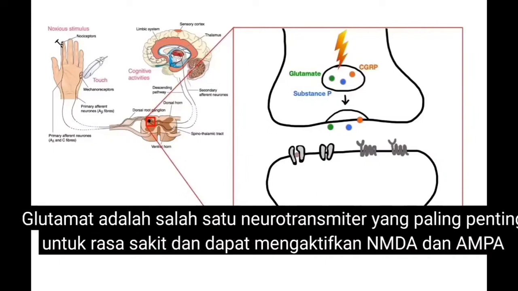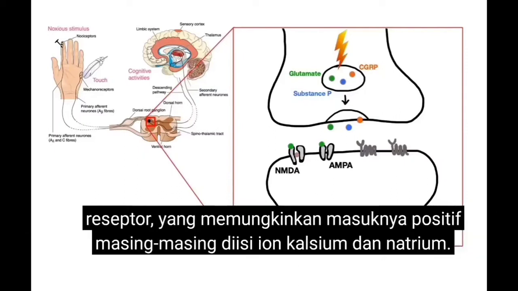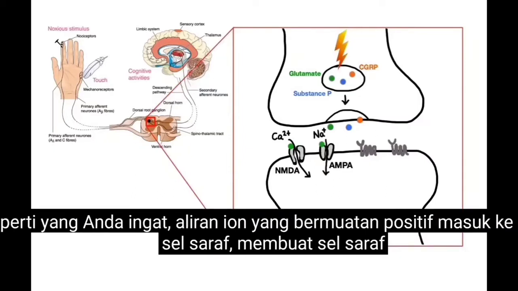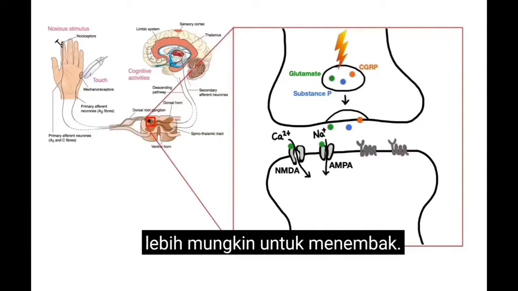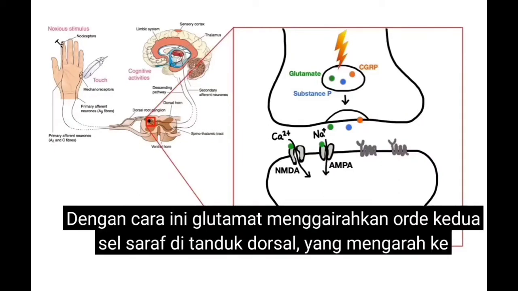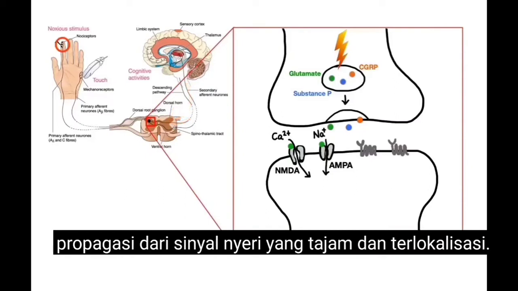Glutamate is one of the most important neurotransmitters for pain and can activate both NMDA and AMPA receptors, which permit influx of positively charged calcium and sodium ions respectively. As you may recall, the flow of positively charged ions into the neuron makes the neuron more likely to fire. In this way, glutamate excites the second-order neurons in the dorsal horn, which leads to propagation of a sharp localized